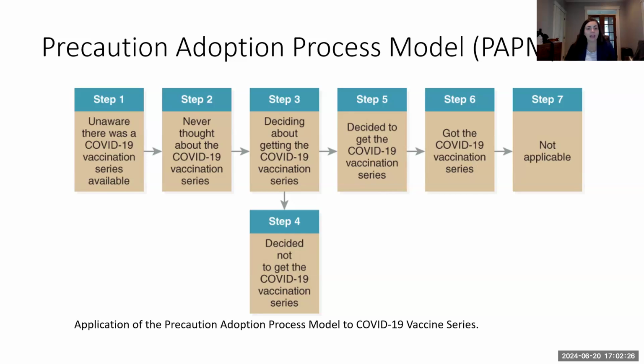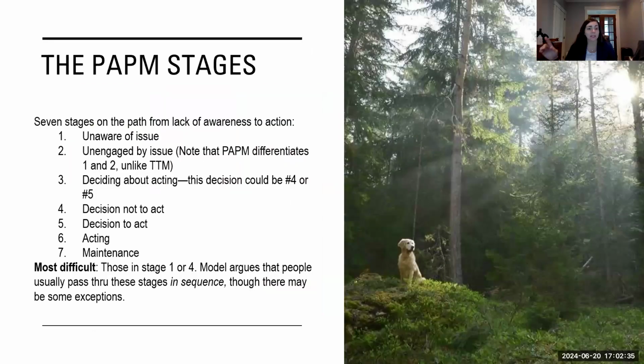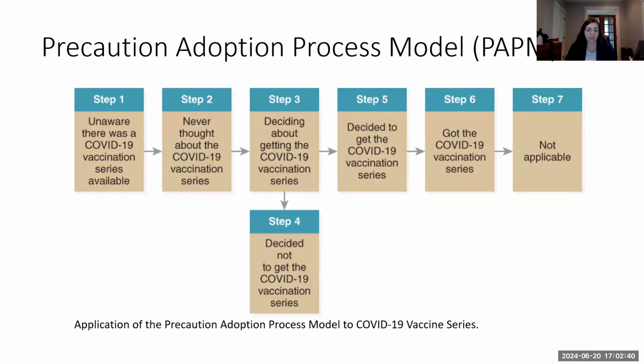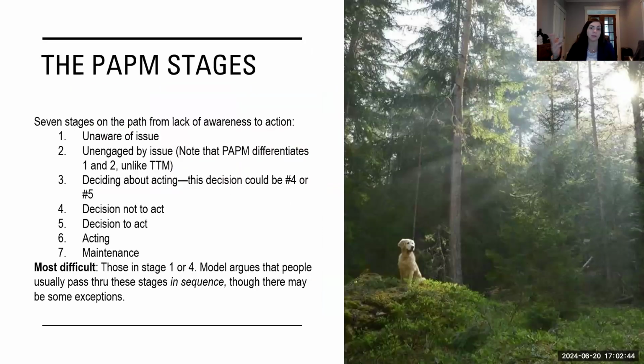So that is what the precaution adoption process model is about. It's how do we get someone to think about making a change, something preventive, and make that change. Now, step 7 here is not applicable again because there's no maintenance there. Once you get the series, maybe they come out with a new vaccine next year, but there's nothing you have to do ongoing. You've already received it. So the first stage, we're unaware of the issue. The second, we're not engaged, right? Kind of like